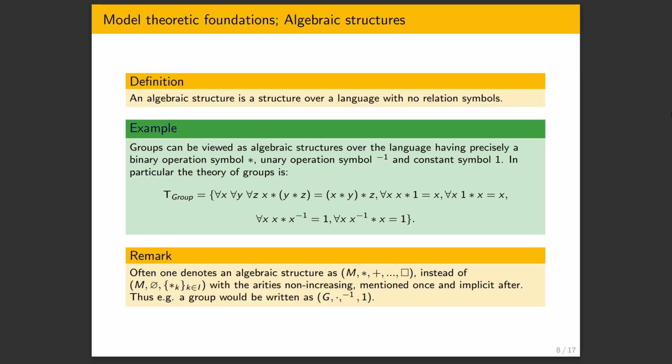And one remark is just a notation. As a footnote in one of the first slides, I remarked that formally a structure we can consider as one object, like a triple, which can be written as this. So then a group is an ordered quadruple here, G, times, inverse, 1, instead of this kind of triple. But that's just a formality.